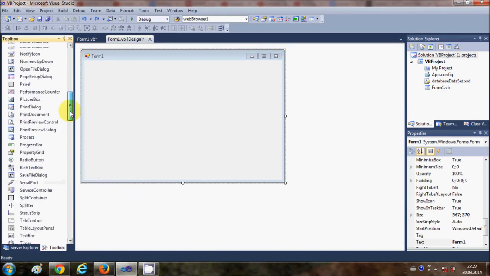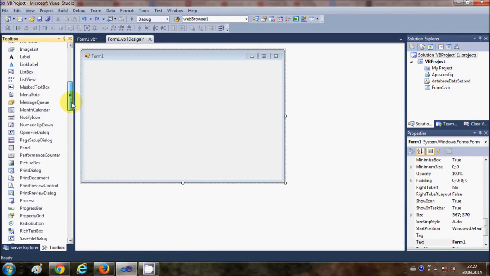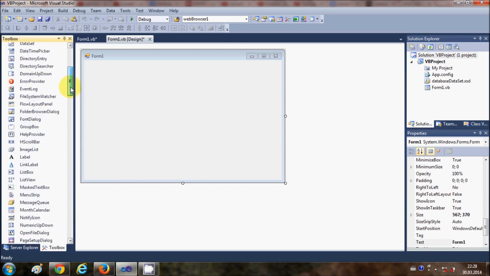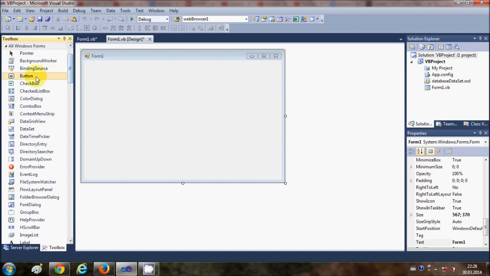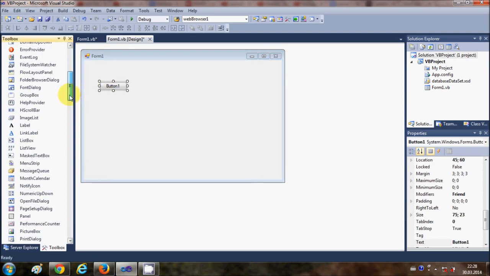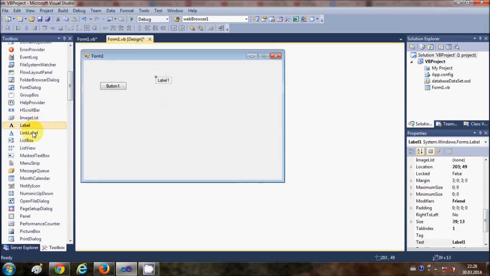In this video I'm going to show you how to use DataGridView with your Visual Basic Windows Form application. And in this video specifically I'm going to show you how to add a row to your DataGridView. So let's get started. For that I'm going to take a button and two labels